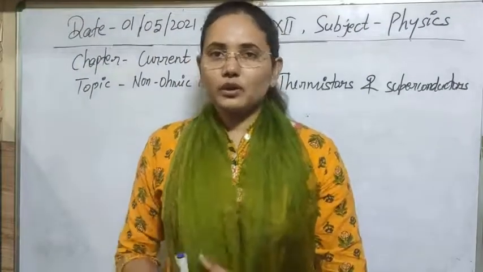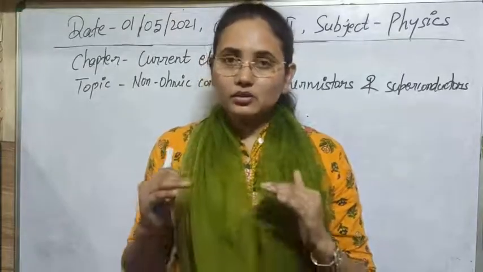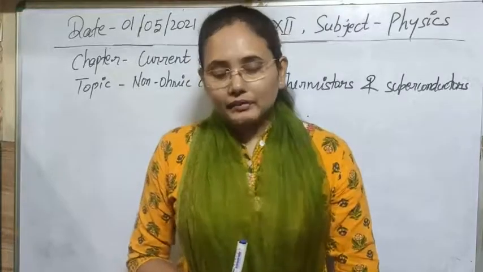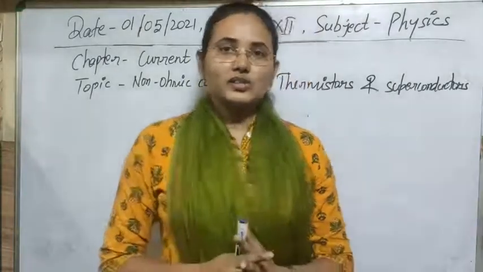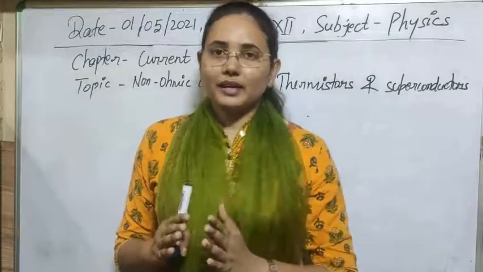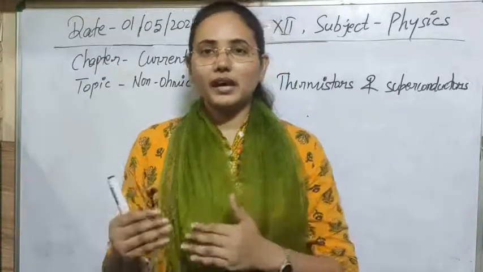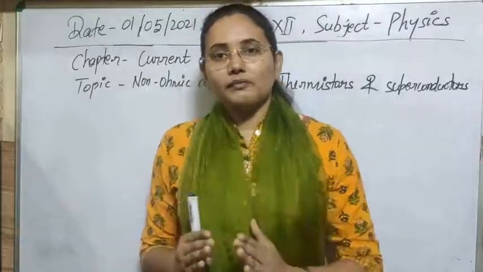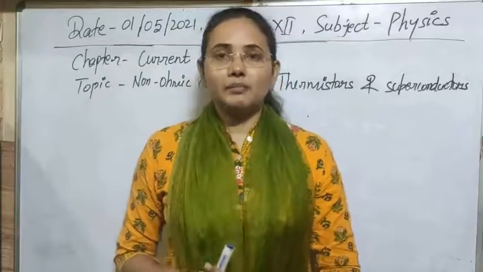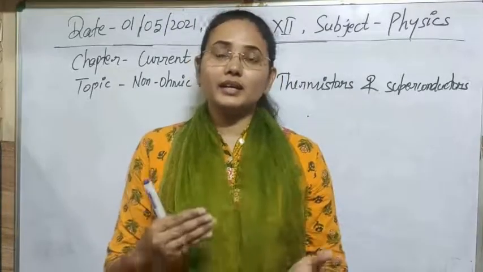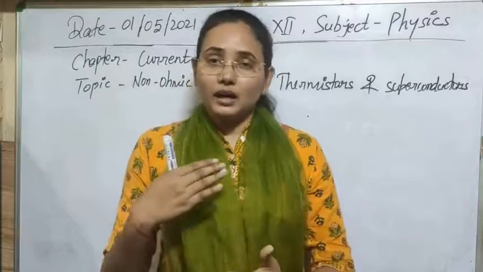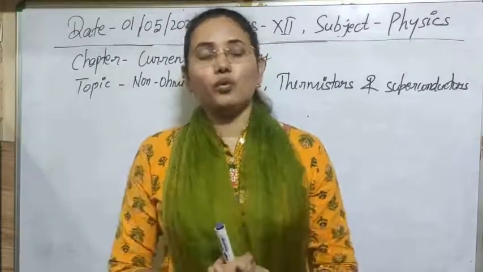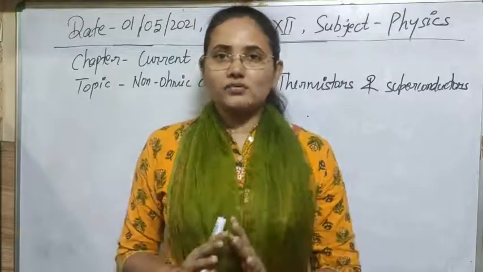So students, up to now in this chapter, we have discussed a very large number of small topics. We started our current electricity chapter with the definition of current. After that, we saw conventional current and electronic current, later resistance, Ohm's law, and the factors on which resistance depends, resistivity, conductivity, conductance. Current density, and later drift velocity, and how we can verify Ohm's law using that. All these things we have discussed.